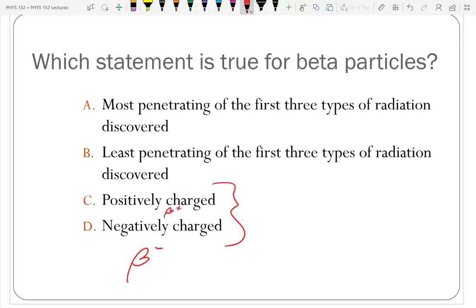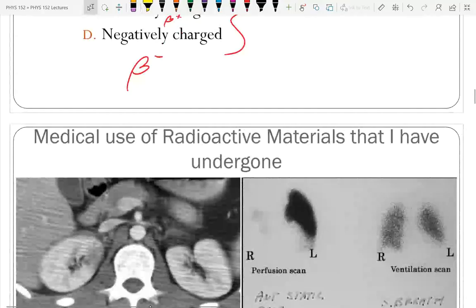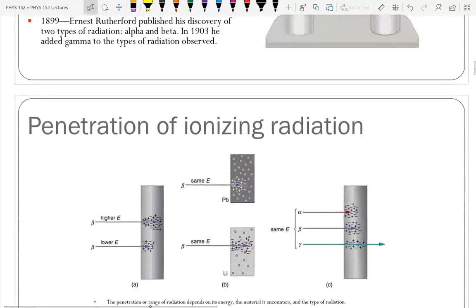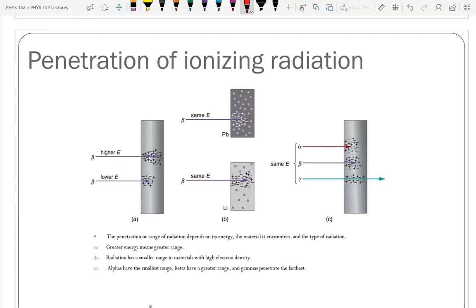So, of course, what do you suppose scientists do next after they determine that we have these charge differences? They try to find what the actual charges are. Try to find what the masses are. Do these things by crossing magnetic fields and electric fields. And so what they determined was that an alpha particle is 2 protons and 2 neutrons, or a helium 2 plus, because notice there's no electrons. So a helium nucleus is an alpha particle.